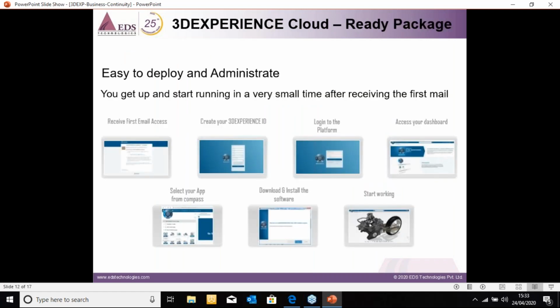So let me again take you more in detail through the 3D Experience Cloud, which is a ready package, assuming that you place an order with us that you would like to have access to this particular 3D Experience platform. Once the PO is received, we set up the tenant and we share the registration link with you.